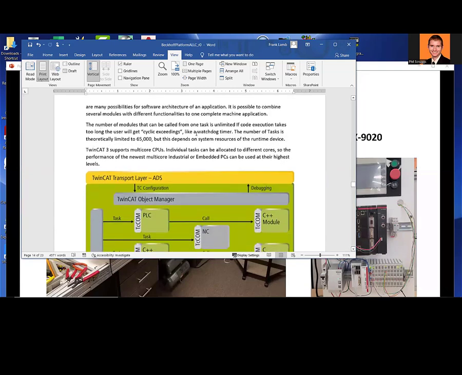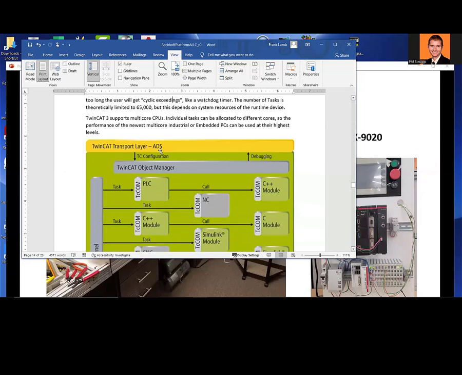Number of modules that can be called from one task, theoretically unlimited, as long as you have enough memory to host everything. If code execution takes too long, though, you will get a watchdog timer warning. They call it cyclic exceedings, but it just takes too long to execute based on having too much code or taking too long to execute things. So much the same as a regular PLC. Here is a little bit about the